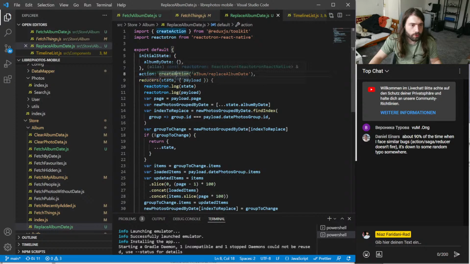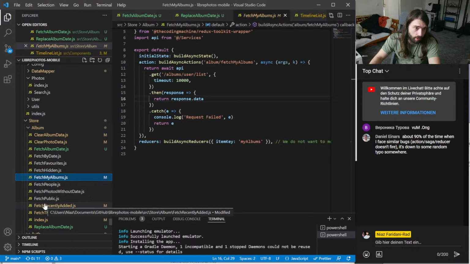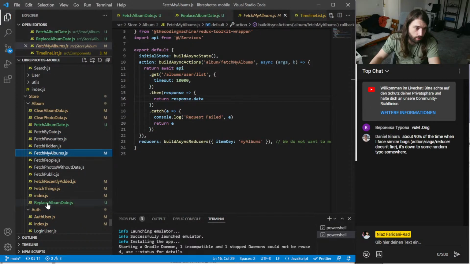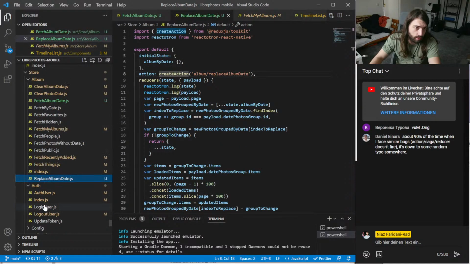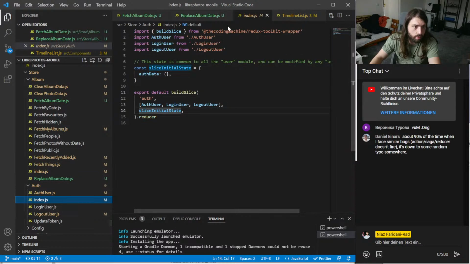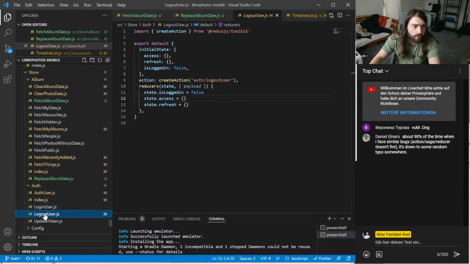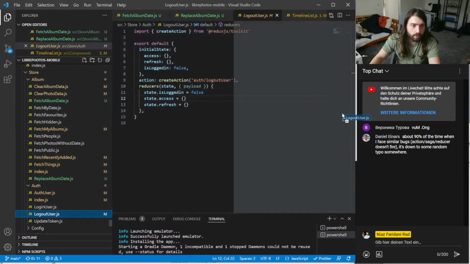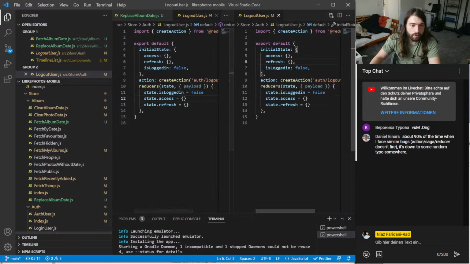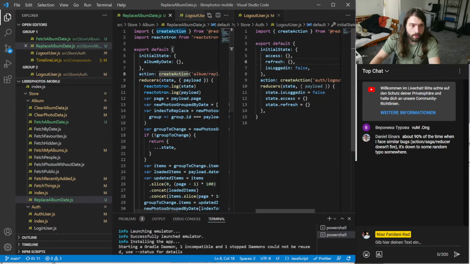Okay, so let's check out all the possible typos here. We have initial state, we have action. Do we have a type on action? No. Okay, initial state should be also fine. So I want to create something like this. So let's create a split view and then go through everything step by step.